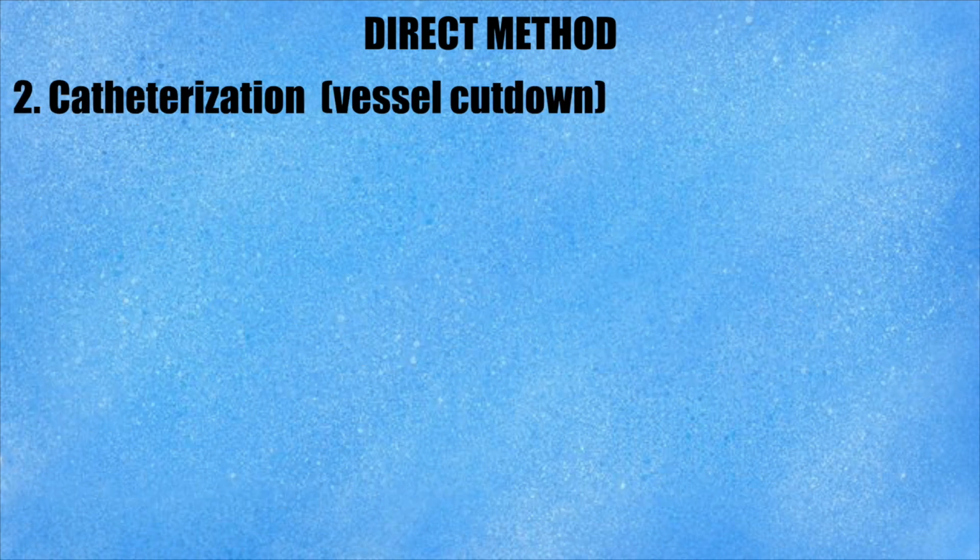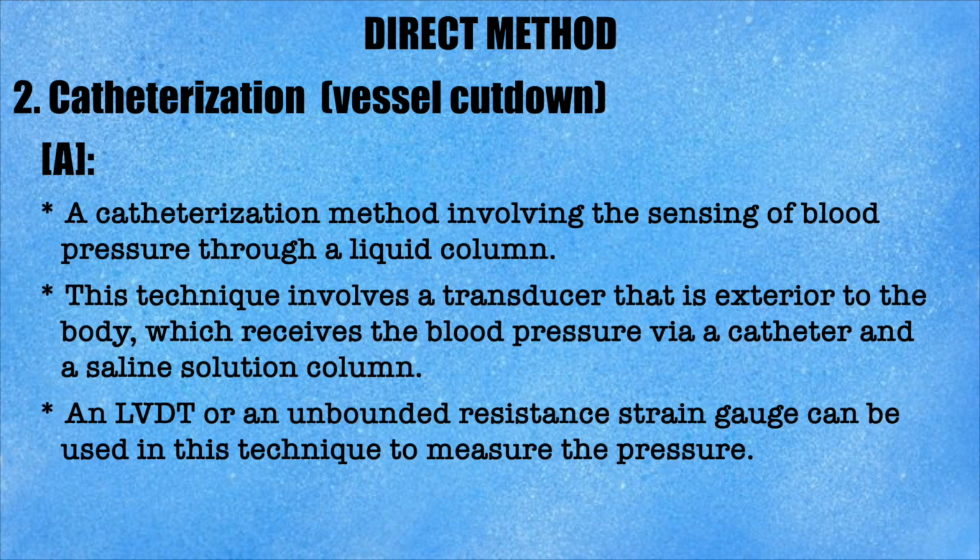This electrical signal is further processed to display the continuous recording of the pulse waveform. Then coming to the second direct method, that is the catheterization vessel cut down method. This method has two options. In option A, a catheterization method involves the sensing of blood pressure through a liquid column. This technique involves a transducer that is exterior to the body, which receives the blood pressure via a catheter and a saline solution column. An LVDT or an unbonded resistance strain gauge can be used in this technique to measure